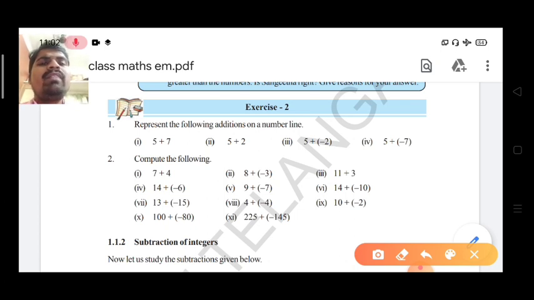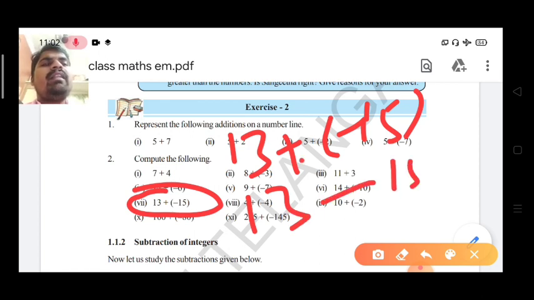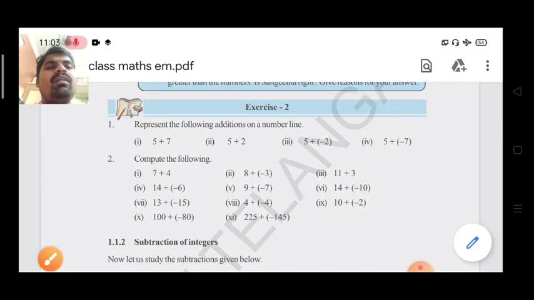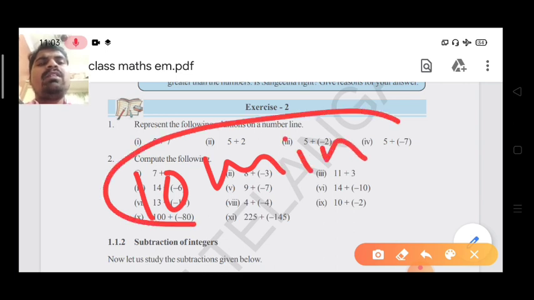For example, here the seventh problem is 13 plus of minus 15. Here you observe 13 plus into minus, minus 15. So plus minus is subtraction, you know. If you write 2 it is wrong, because 13, 15, okay, plus minus subtraction, no problem, but what is the answer actually? Minus 2. The big number is 15, and before 15 there is a minus, so you have to write the minus in the result. So be careful. You have to complete these problems, very simple problems, 11 problems. It will take just 10 minutes to finish these problems, because you concentrate on the symbols.